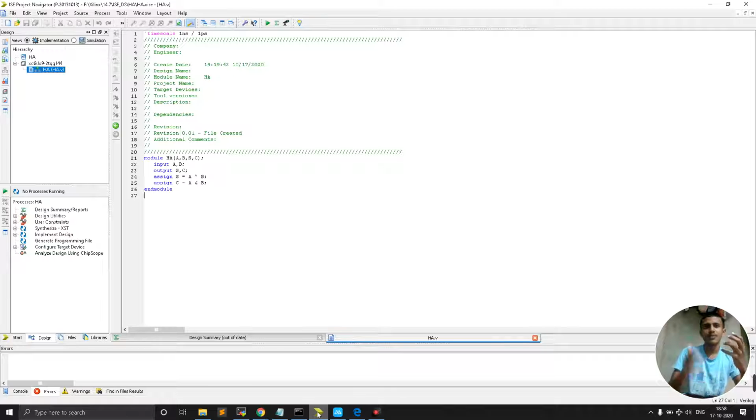Then I use the data flow modeling, so it is assign sum equals A XOR B, and assign carry equals A AND B. That same thing you can find here. Okay, then